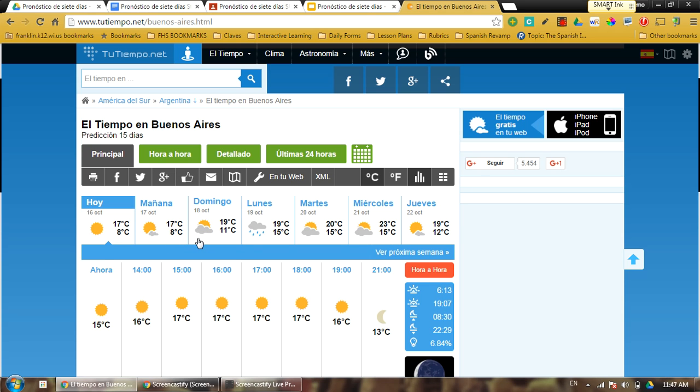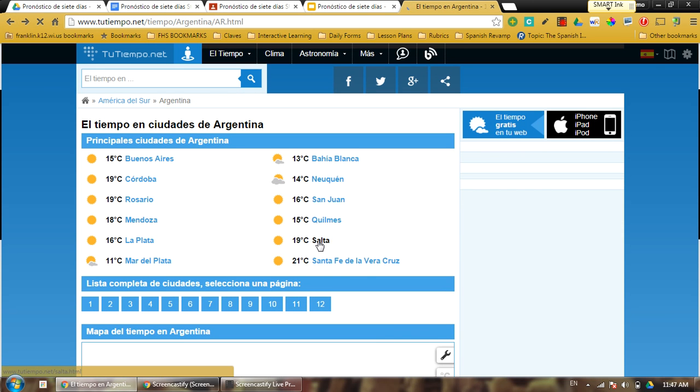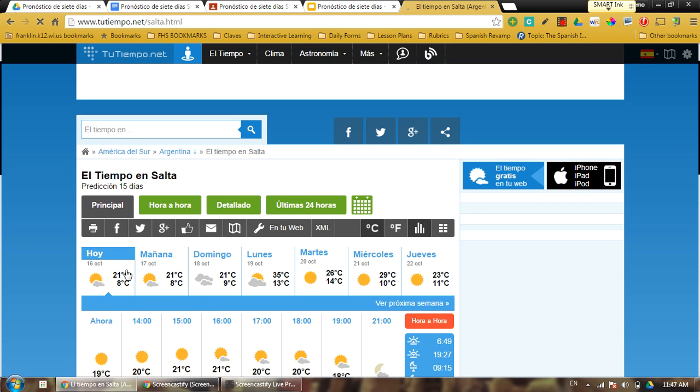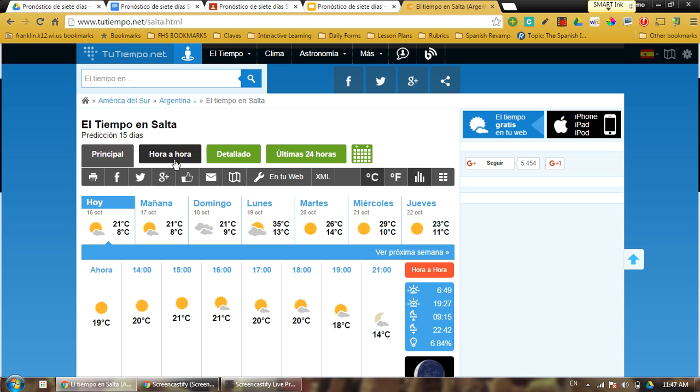And if you want to include other words in there, like storm, you might have to go back and find a different city to choose other than Buenos Aires, like maybe Salta. Salta may have a different outlook, it may not. I'm not sure, but do your best to vary your words. Don't forget you can change Celsius and Fahrenheit right here. Okay? Detailed things and hour to hour are up here.